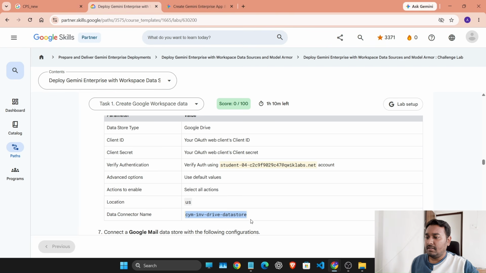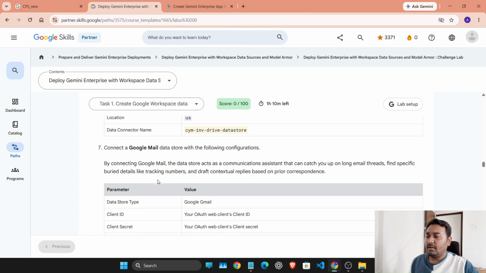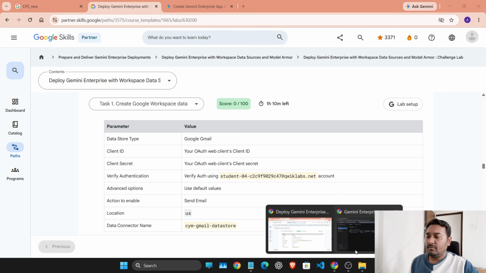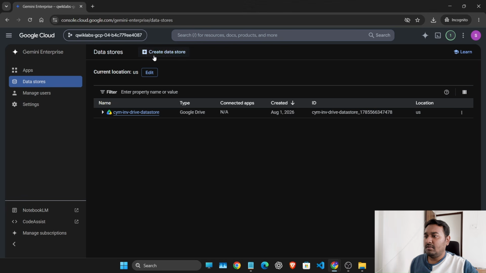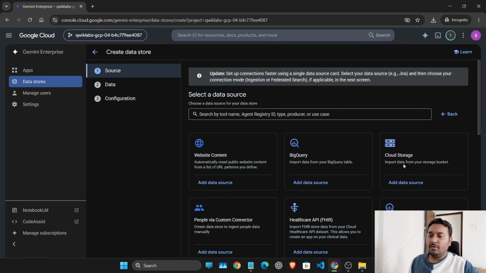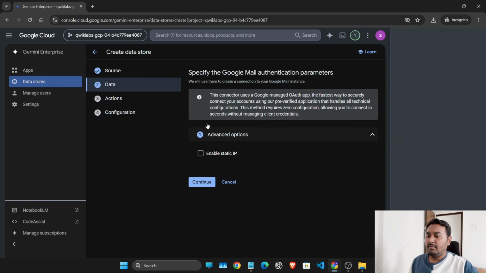Do we miss anything? Actionable to enable all, set all, advanced option, use default values. Okay, there is no issue. And after this we have to connect Google Mail similarly. Then again we will go to the Gemini Enterprise and data store, create data store, show all. Here you will search for Google Mail, add Google Mail,